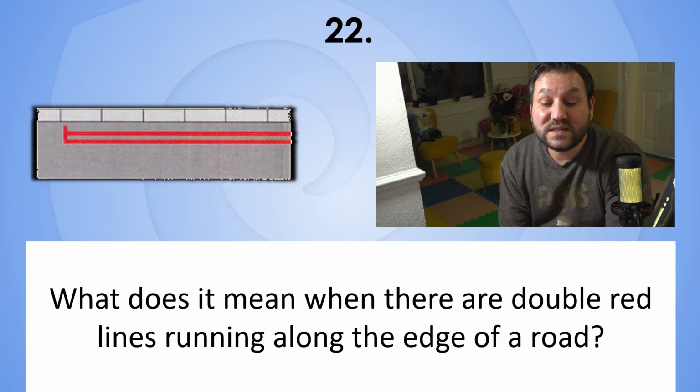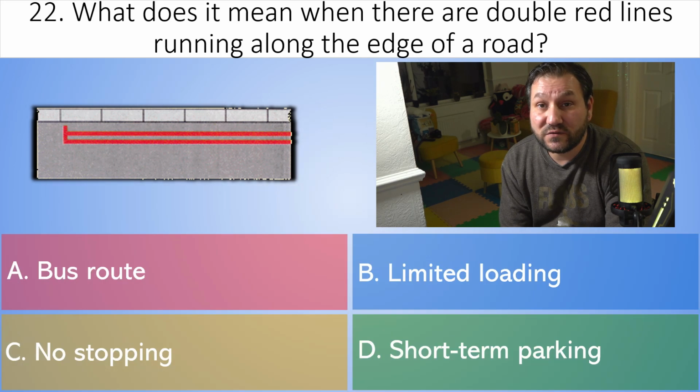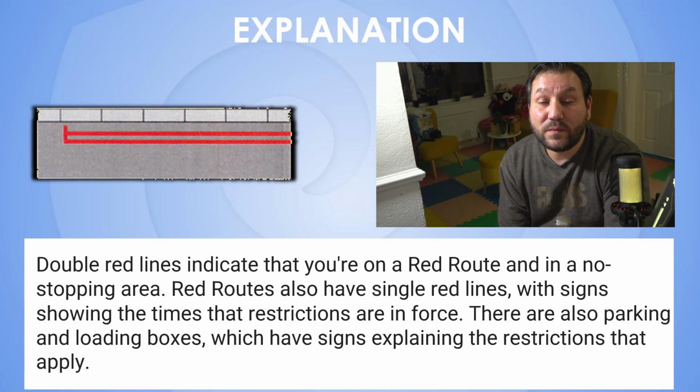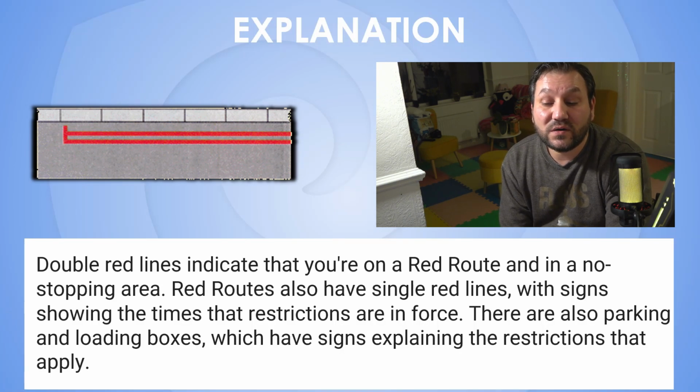22. What does it mean when there are double red lines running along the edge of a road? A. Bus route. B. Limited loading. C. No stopping. Or D. Short-term parking. The correct answer is C. No stopping. Explanation. Double red lines indicate that you are on a red route and in a no stopping